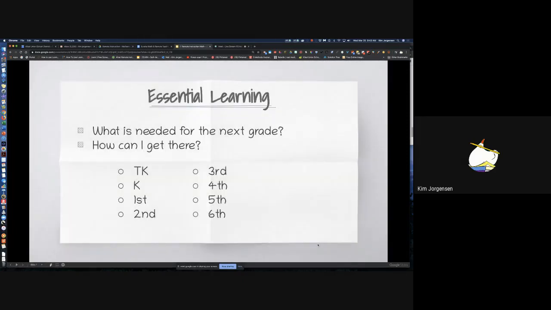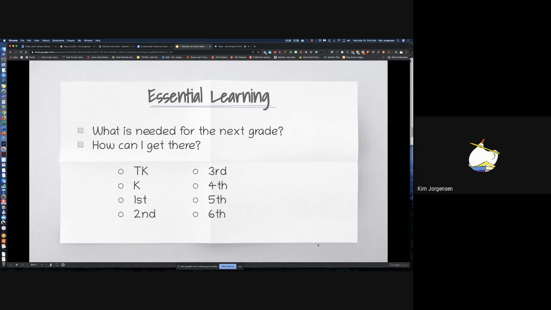And we all know that we want to focus on essential learning. I didn't say essential standards because for math, some of those standards are humongous with a lot of small steps in them, with an essential path to achieving all that's in the standard. So I'm calling it essential learning.